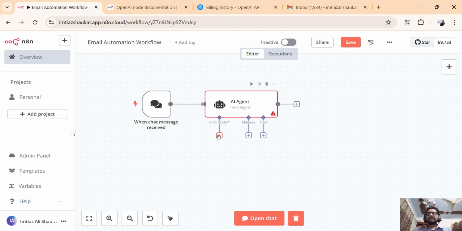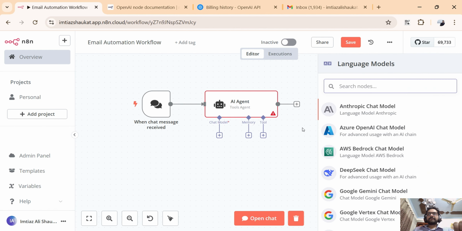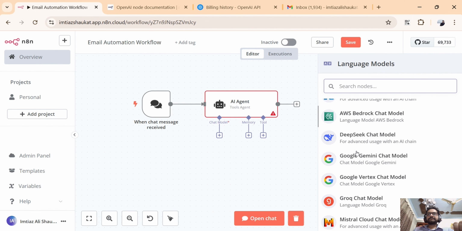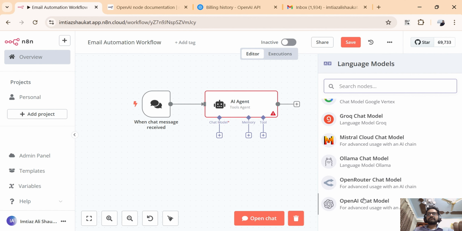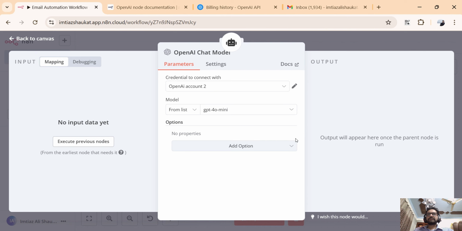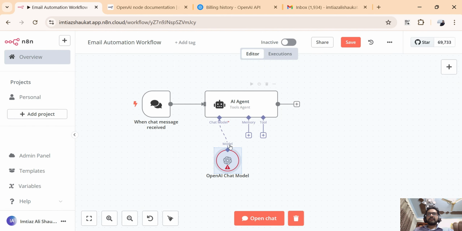So in this case we are going to connect OpenAI LLM. We set it, but we are not configuring this right now. I'm just initially going to show the overall architecture of